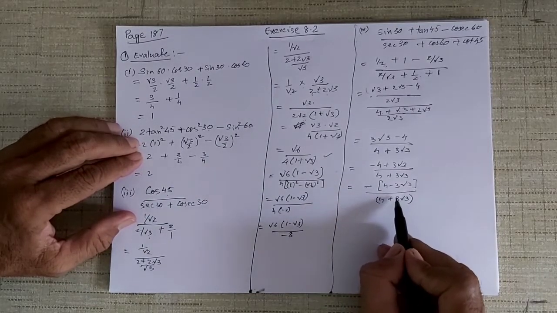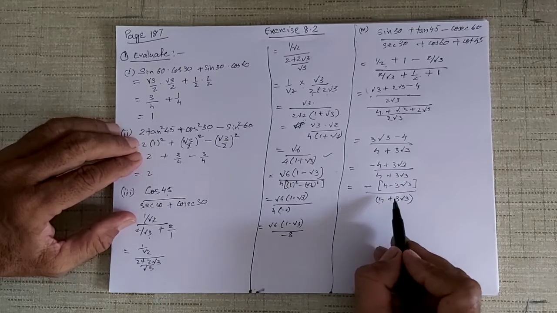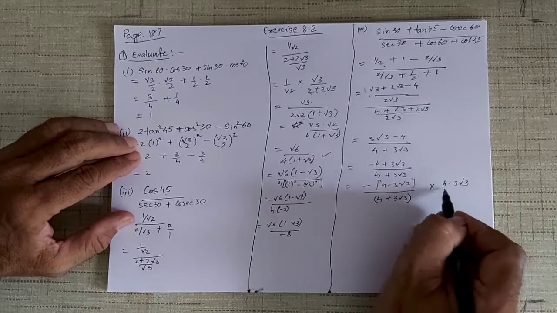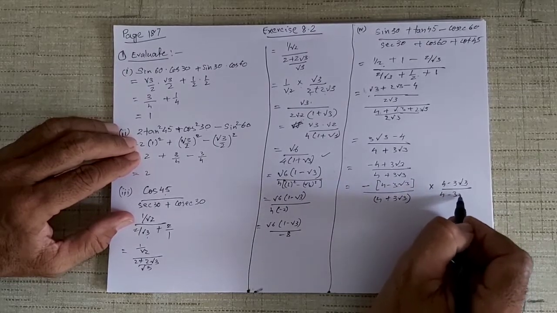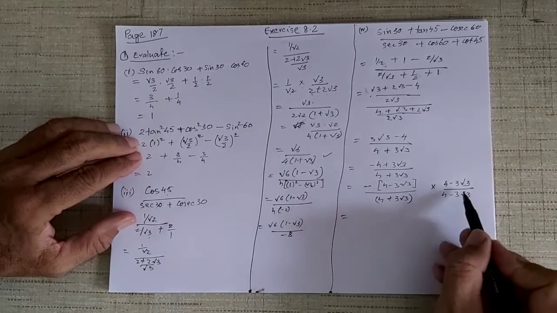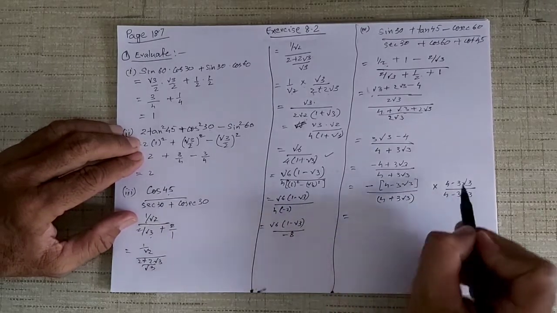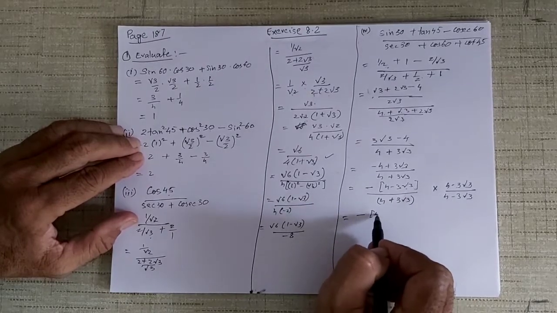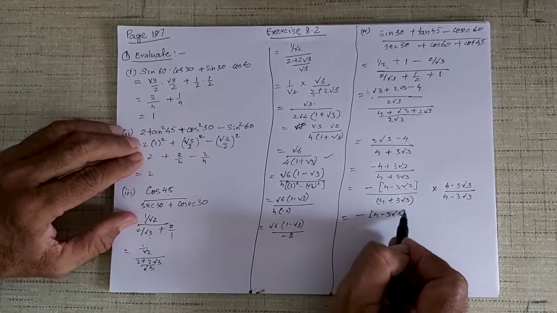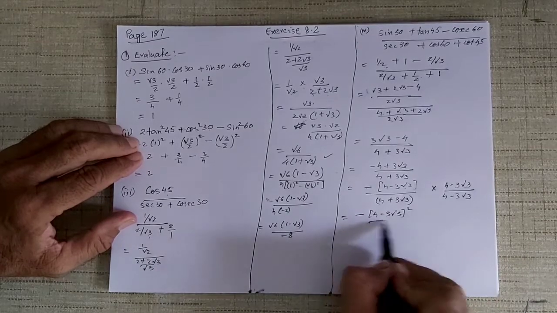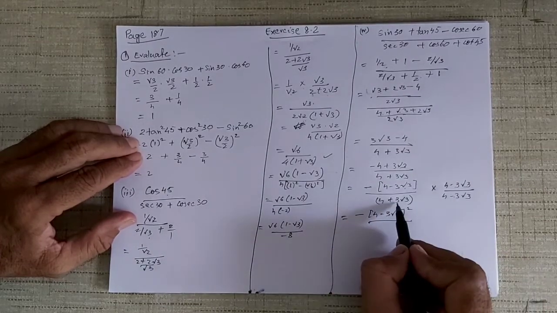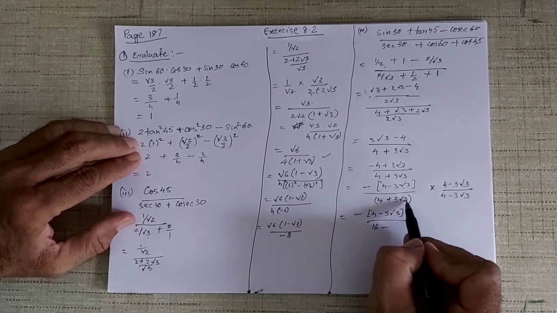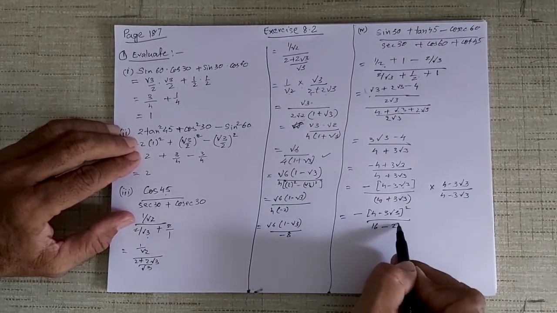Now if I take the opposite sign, if I want to remove this, I multiply both with the opposite sign. 4 minus 3 root 3 upon 4 minus 3 root 3. Alright, I multiplied with the opposite sign. So 4 minus 3 root 3, 4 minus 3 root 3, with a minus sign this becomes 4 minus 3 root 3 whole square. Okay, and this is a plus b, a minus b: 4 4s are 16, minus the square of this, 3 3s are 9, 9 3s are 27.